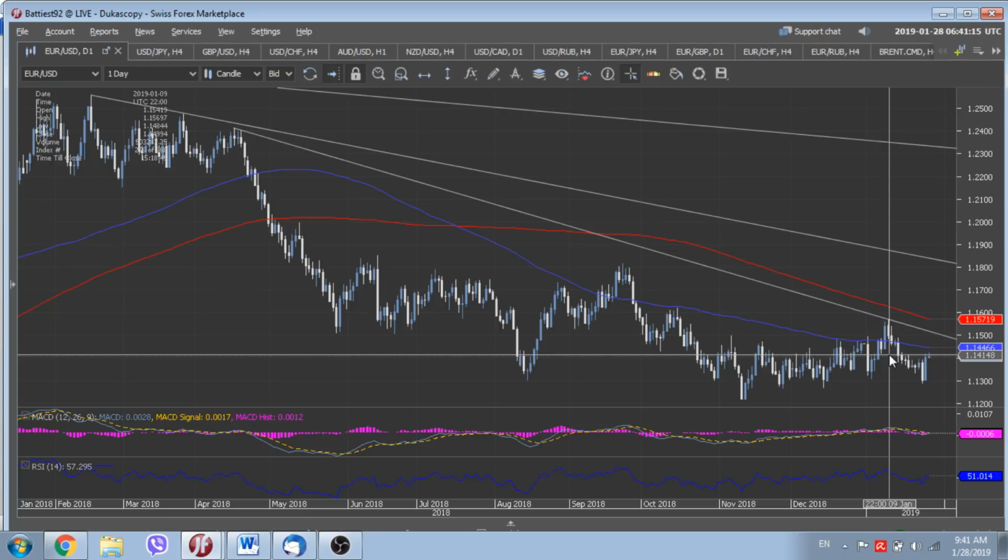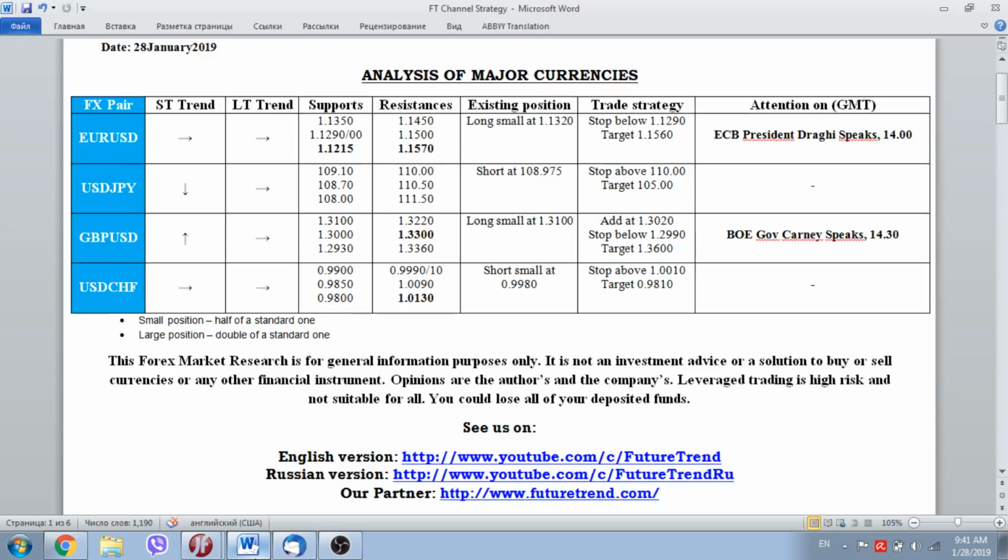That's why we suggest that it's time to have a long position in the euro dollar, both from a fundamental and